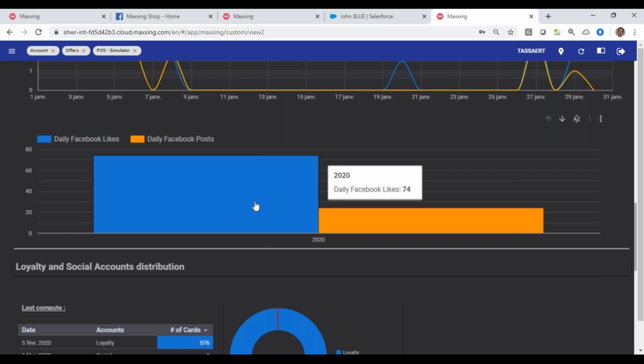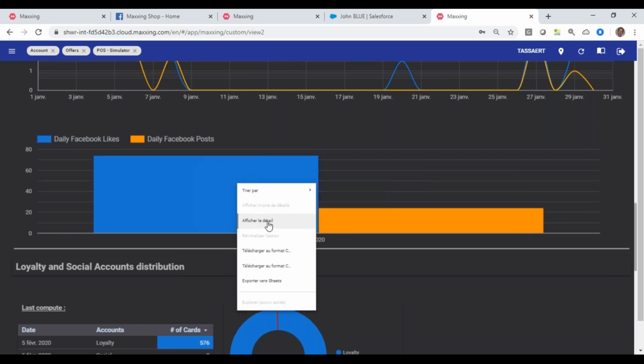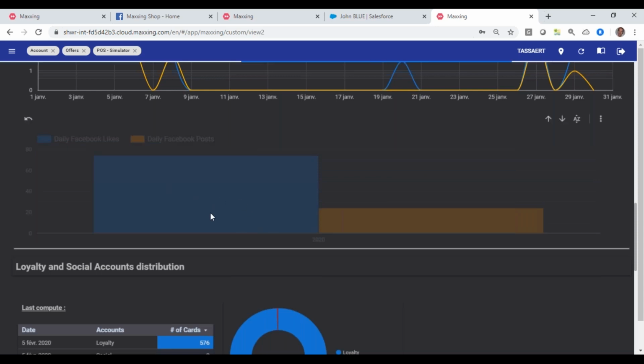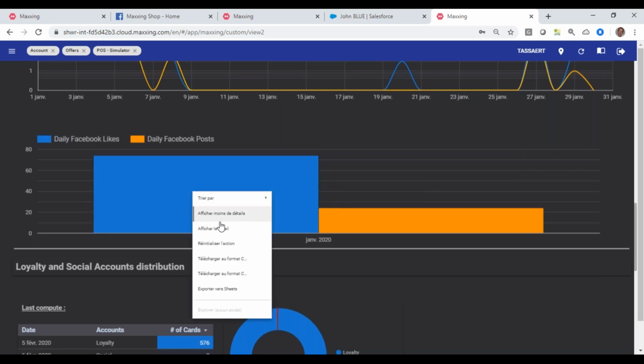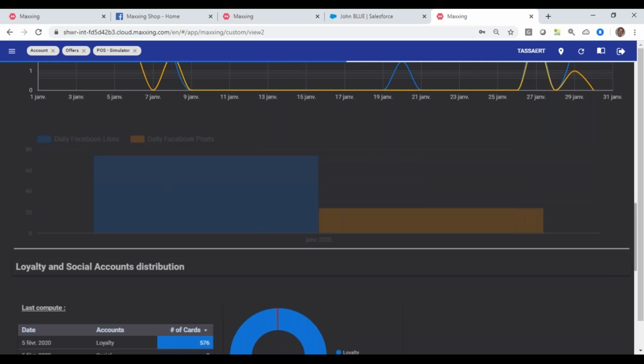So I will explain this by just selecting this 2020 year. I will do the details for the likes, for instance. And here we have the distribution in January. And then if I drill down on January, I will have the details for the everyday interactions that